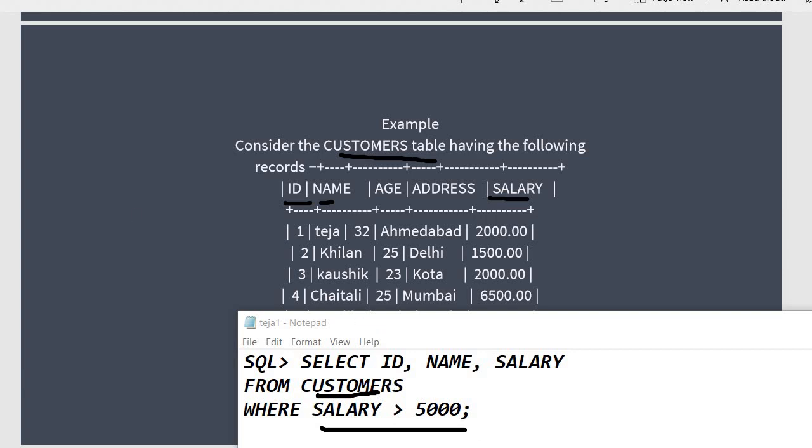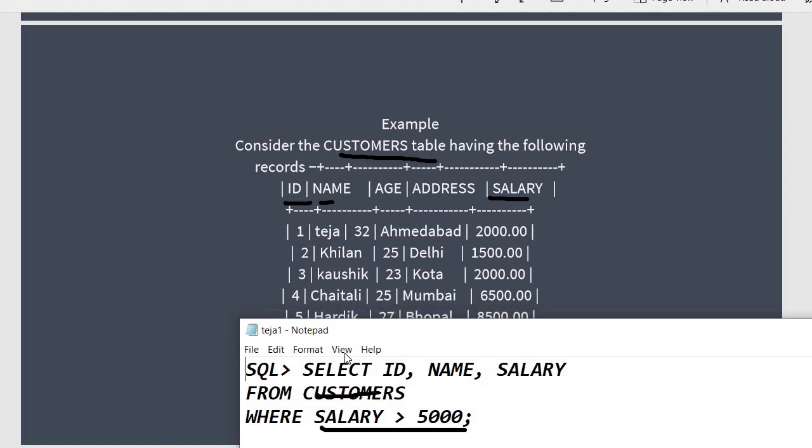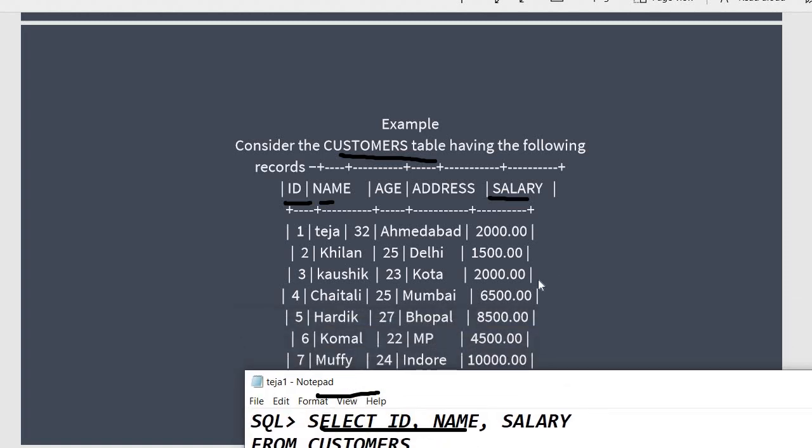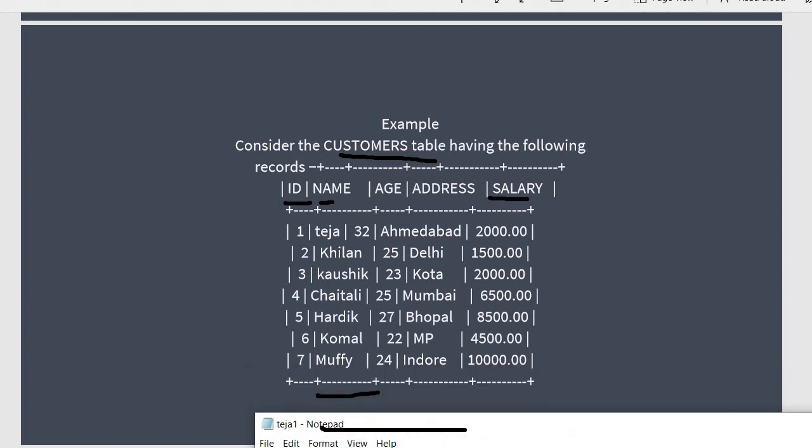Now have a look at this table. Where is salary greater than 5,000? Here, see, 6,500 for Chaitali, Hardik got 8,500, and Mafi got 10,000. So more than 5,000, right? So this will be displayed here.